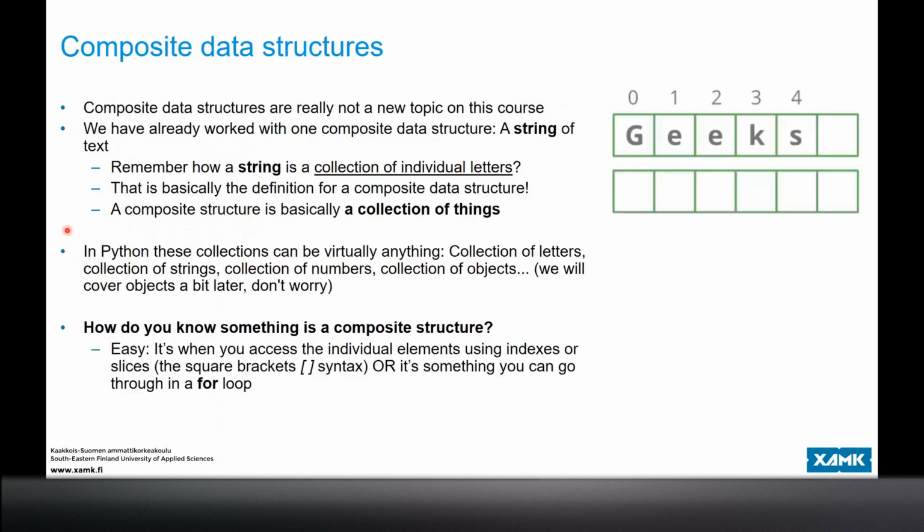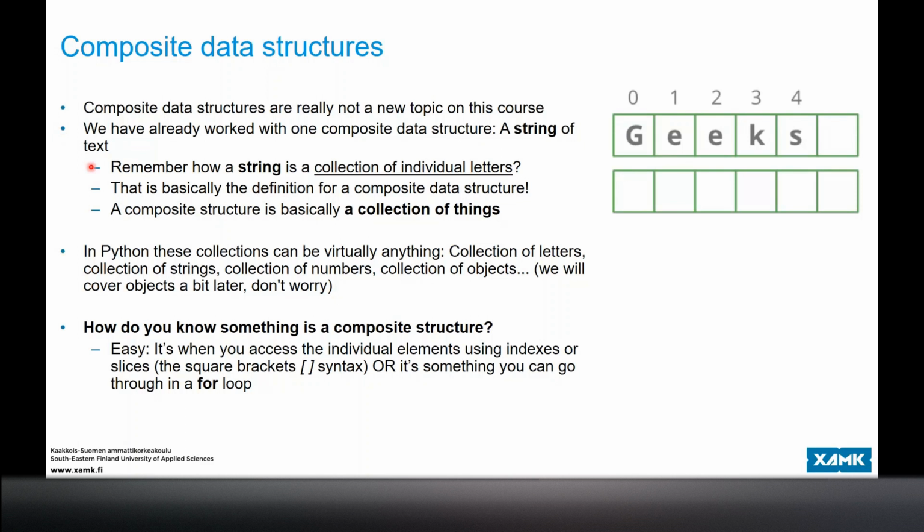Okay. So when we talk about composite data structures, what is it that we actually mean? So they're not actually a new thing. We have come across them previously on the course, because we have, of course, seen, well, strings or strings of text. So remember how an individual string of text is just a collection of individual letters. Well, that's basically how we define a composite data structure. So a string is a collection of individual letters, and